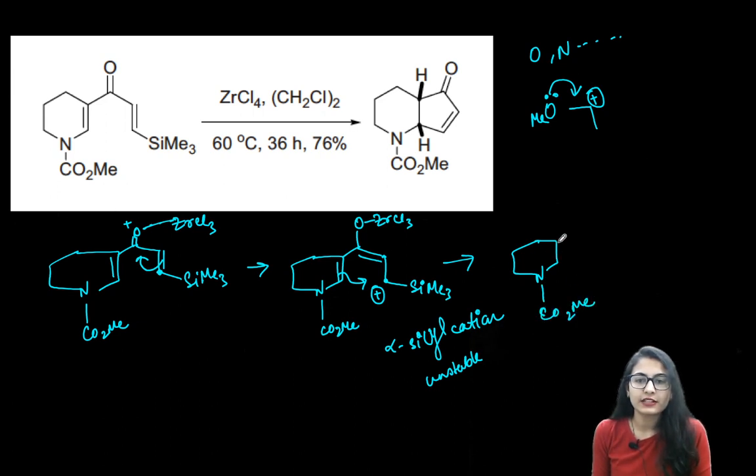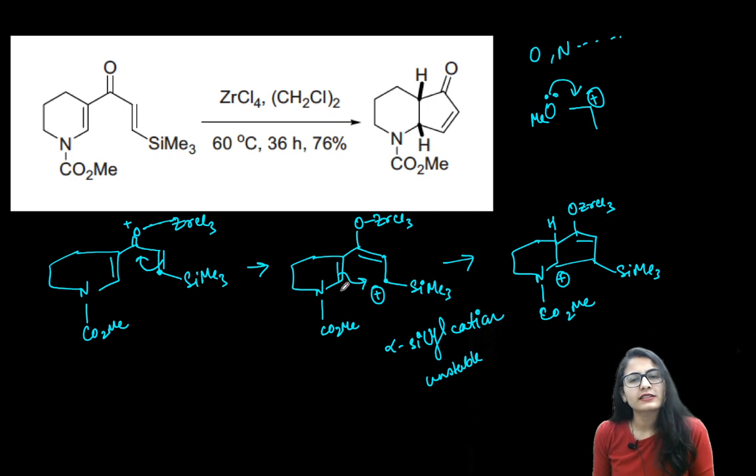Yes, this cyclization goes through a less stable intermediate, and hence it is not happening. Or let's say even if it happens, we are again going to do deprotonation because there is a positive charge on this carbon. Positive charge over here, and a hydrogen has to be lost from this way to get the deprotonation, to get this product that we have,